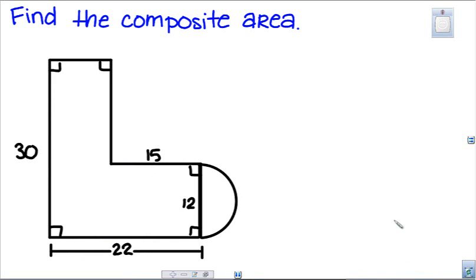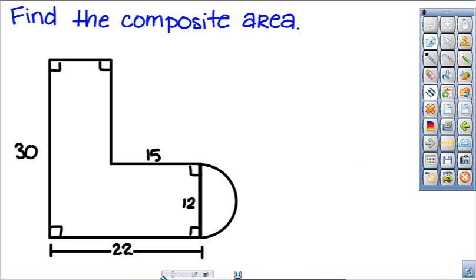Okay, and now for our second composite figure, we have a hemisphere. Okay, a hemisphere is half a circle. I'm sorry, I shouldn't say a hemisphere, I should say a semicircle. Hemisphere implies 3D. So for my second figure, to break this down, there's already a line drawn here, okay, which we have a semicircle, half a circle,